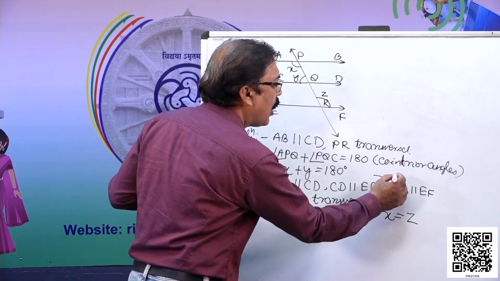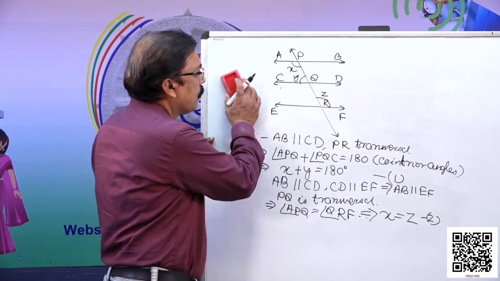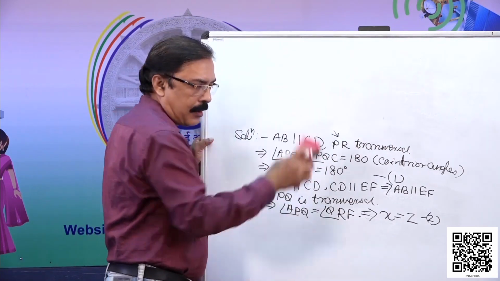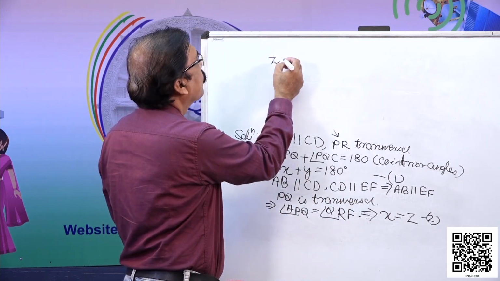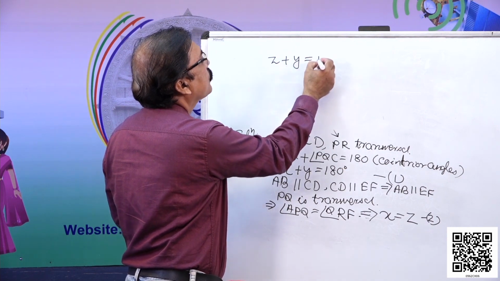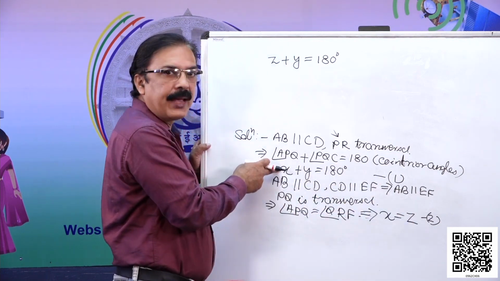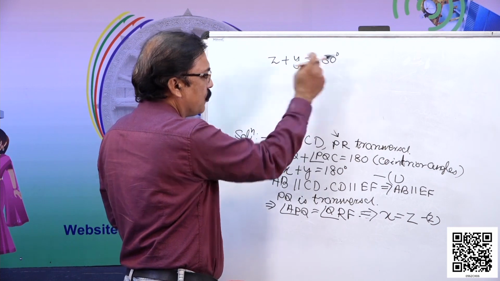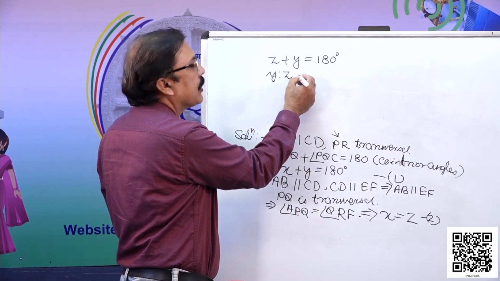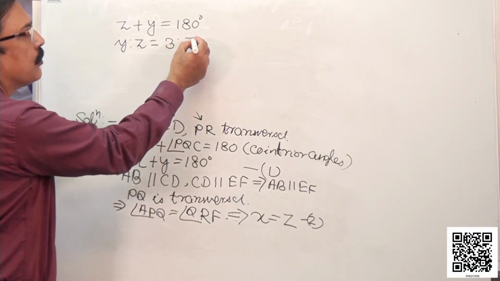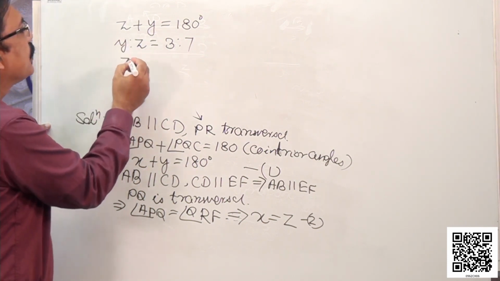So, from equation 1 and equation 2, what do we get? From equation 1 and 2, we get that Z plus Y is equal to 180 degree. Because X equal to Z, in place of X we can write Z. So, Z plus Y is 180 degree. And also Y is to Z is given to be 3:7. Then what is Z? Z is equal to